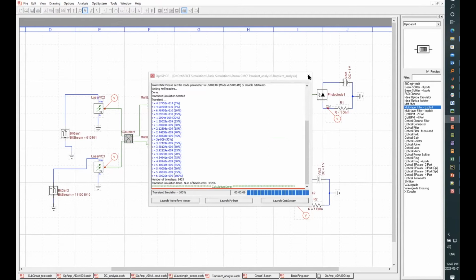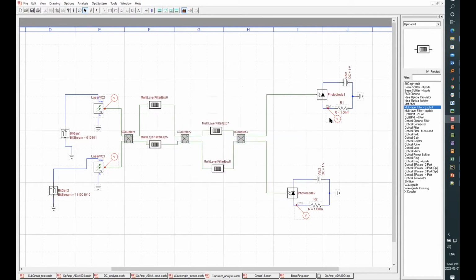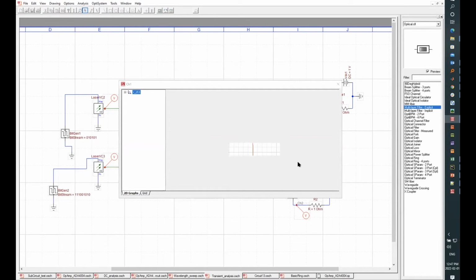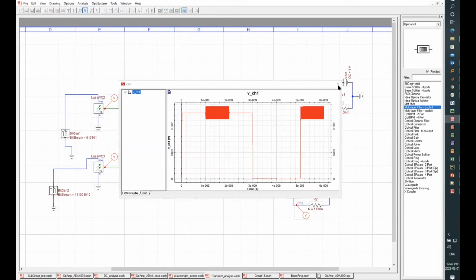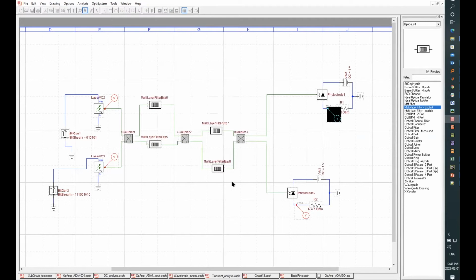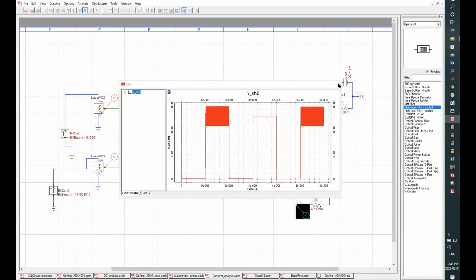Okay, so we can close this. Now, if I double click this, you see here we have 1, 1, 1, 0, 0, 1, which is the second bit stream pattern. And if I go to this probe, we have 0, 1, 0, 1, 0, 1. So like I said, channel 1 has been obtained at output 2, and channel 2 has been obtained at output 1 over here. So that's how you can set up your